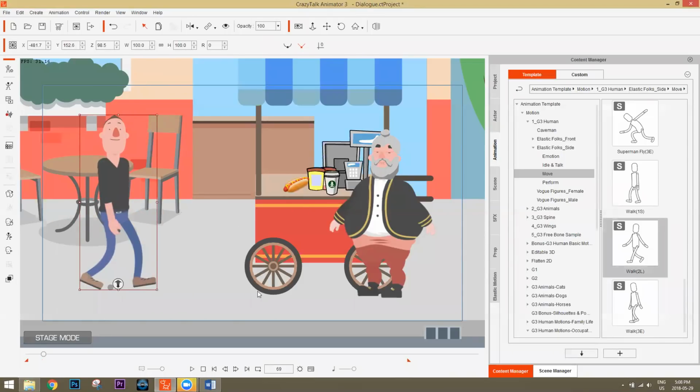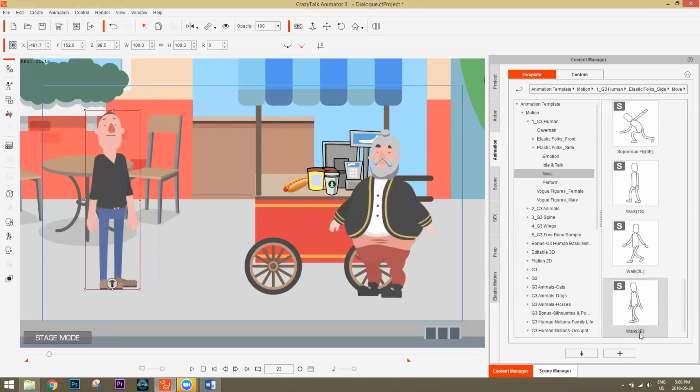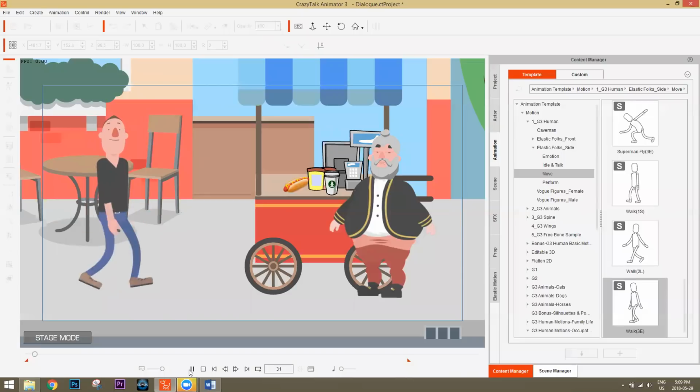That's like 6 steps. We should probably take him to about the front of this wheel right here. And then we'll double-click on the 3E, which is the end. Also, I'm going to take the music down for this part of the webinar, since we don't want to have that playing in the background the whole time. So what we have here is walk start and walk end.